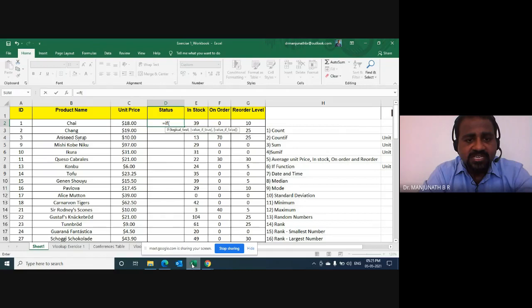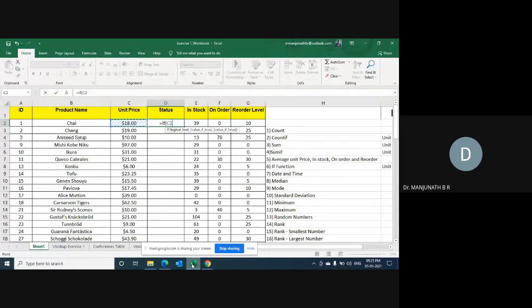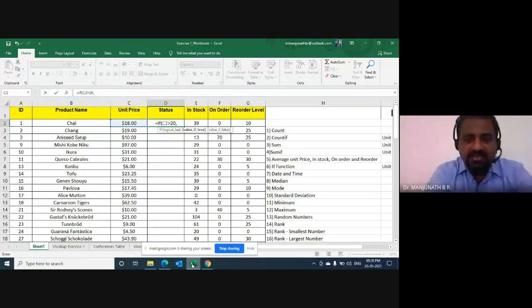So I'll be using the left arrow key, then I select the unit price. On the unit price, what is the condition? It should be greater than 15. So I insert the greater than sign and then I write 15, then a comma. Sir, in your Excel, it says value if true. For that, I'll just say space. In the given condition it is 15. So we are going with C2 greater than 15, comma.